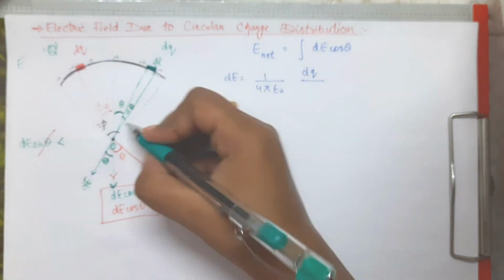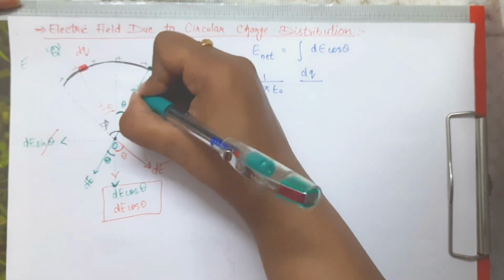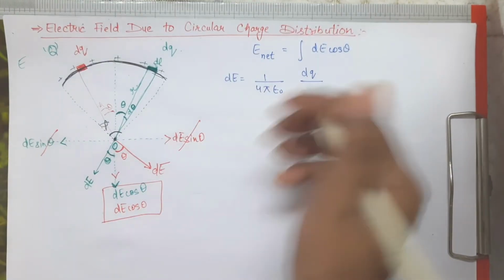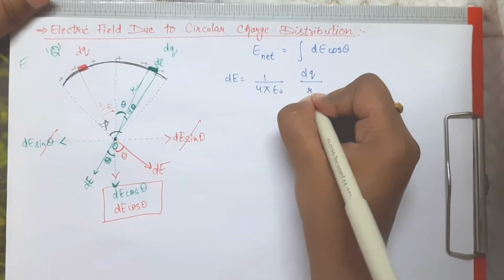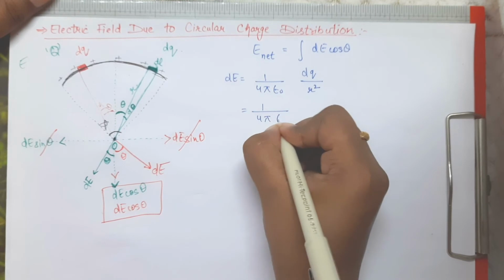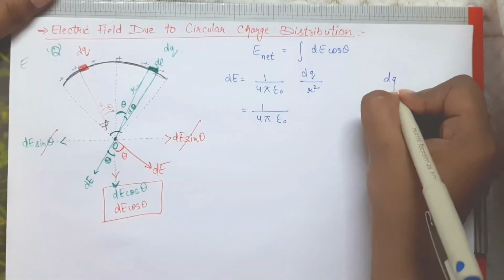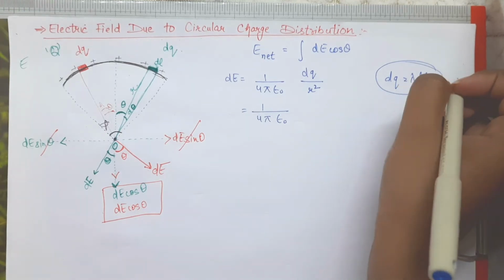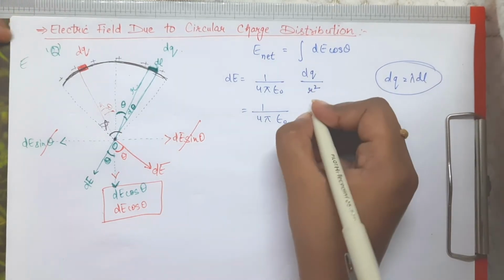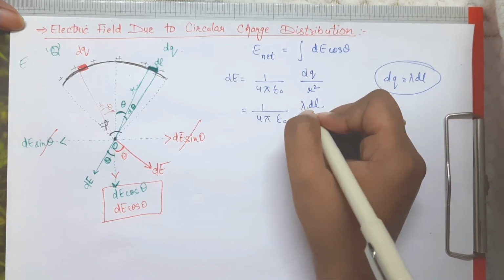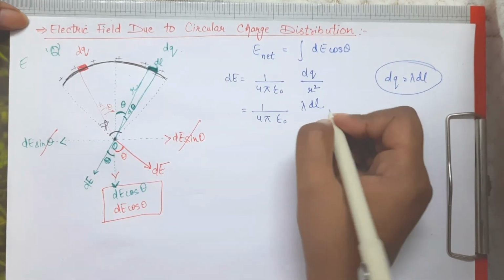suppose this distance from here to here is small r, okay, just like in here also it is r, here also it is r, just like radius. So it is r square. So here it will be 1 by 4 pi epsilon naught, dq we can write dq is equal to lambda dl, right. We have used it many times now, right. So instead of dq we will write lambda into dl, where lambda is the linear charge density or charge per unit length,